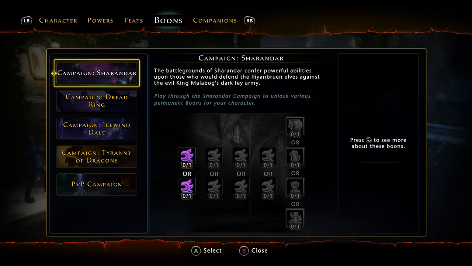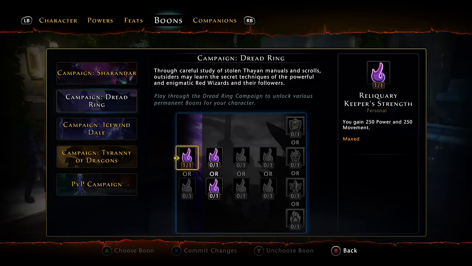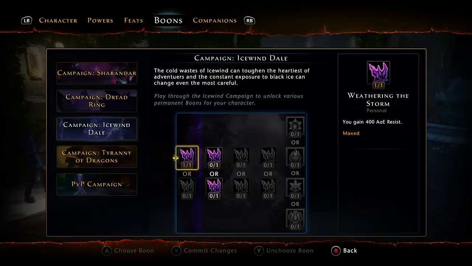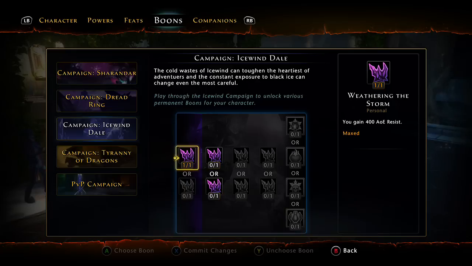I've been working on the Dread Ring campaign, so I do have the first one in that, which I took the 250 power, 250 movement speed, because power does not suffer from the law of diminishing return. Icewind Dale doesn't really have that great of boons, so I took the first one, which is 400 AoE resist,